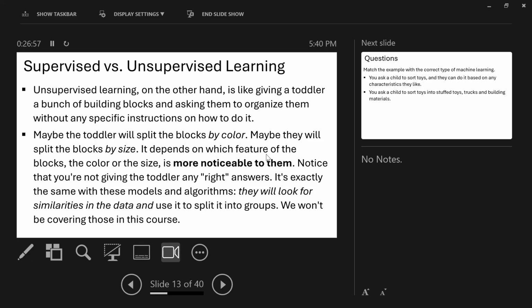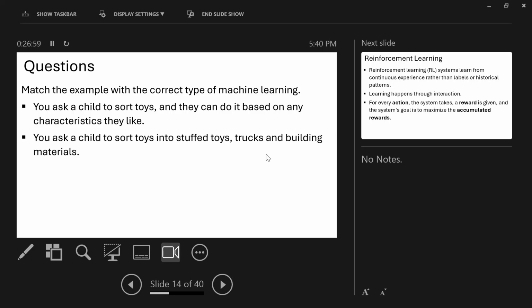So let's do some examples. You tell me if it's supervised or unsupervised. The first one: you ask a child to sort toys, and they can do it based on any characteristic. Yes, unsupervised, because you just give the child data and say find the similarity, sort it any way you want.